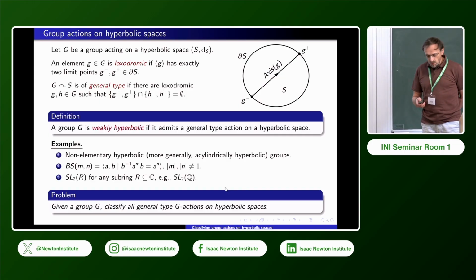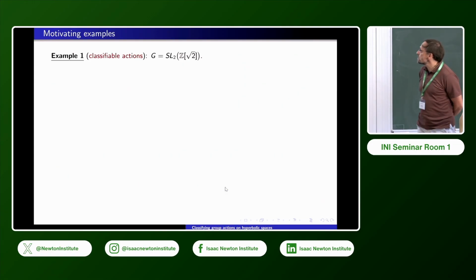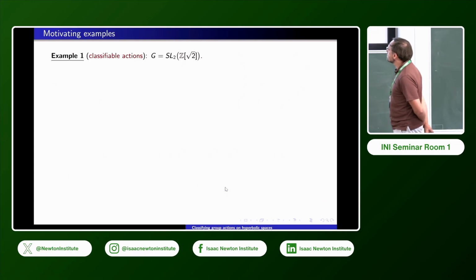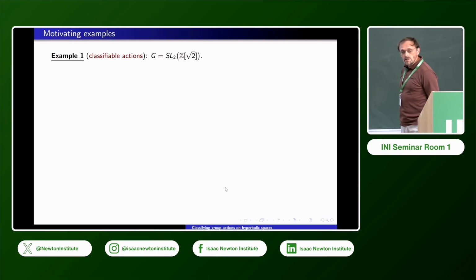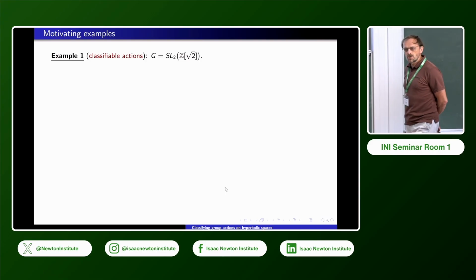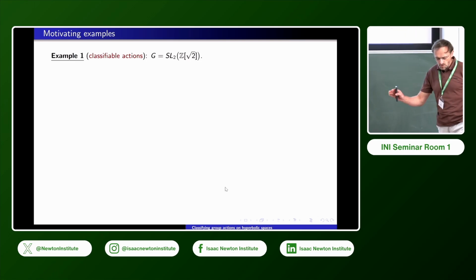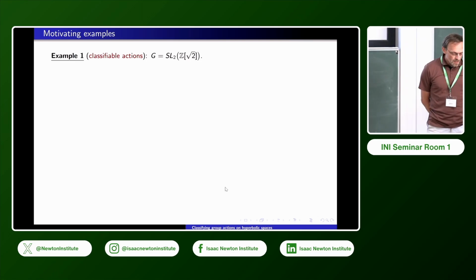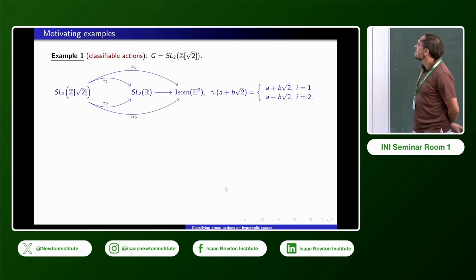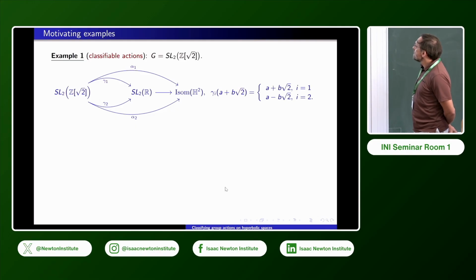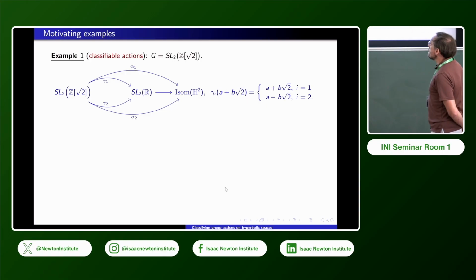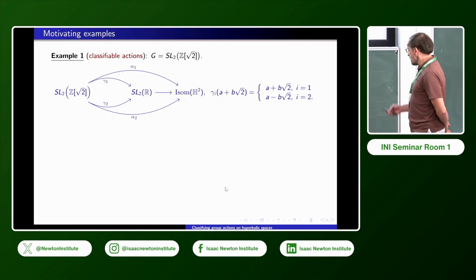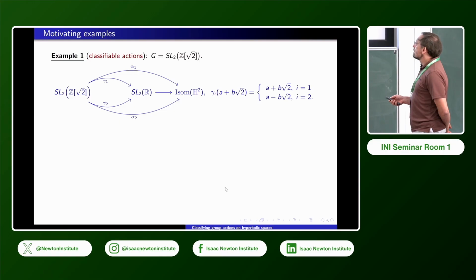So before talking about the necessary background, I want to give you two motivating examples, which show two groups, and one has classifiable actions on hyperbolic spaces. I'm talking about general type actions, and the other is not of that type. So the first group, SL2 over Z adjoin square root of 2. If you consider this group, there are two embeddings of